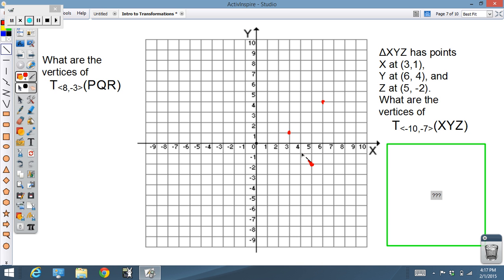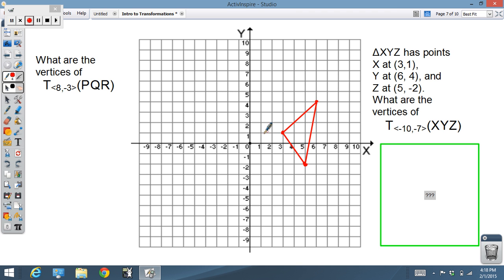Make triangle XYZ. Okay, so if that makes us feel better, we're good to do that. We have X, Y, and Z. Once again, we can just count how much we go over in this case. Make it blue. All right, I'm going over by -10, down 7. So that puts me over here at -4 and about -3